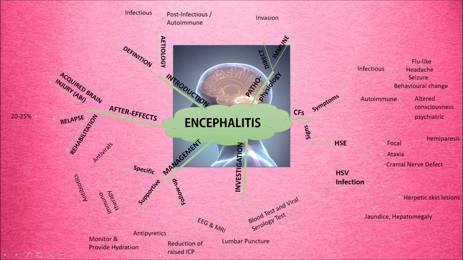Let's talk about what the after effects of encephalitis are. Once the patient recovers from encephalitis, they may have some damaged or destroyed nerve cells, and this damage is known as an acquired brain injury. This effect is usually long-term, and they usually have memory impairment, difficulty in concentration, mood swings, behavioral changes, physical problems such as weakness down one side of the body, speech and language problems, and also changes in personality. In addition to that, they also have some impact on social relationships, and returning to work and school can